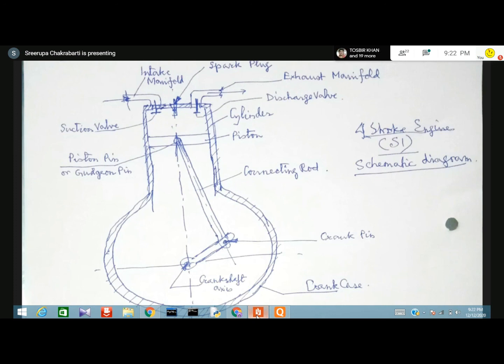Those particles of carbon mix with the oil and sit on the engine components. It can choke certain portions of valves, and cause accidents in the aircraft, because in the aircraft, all the